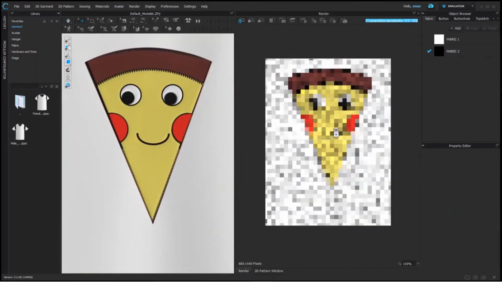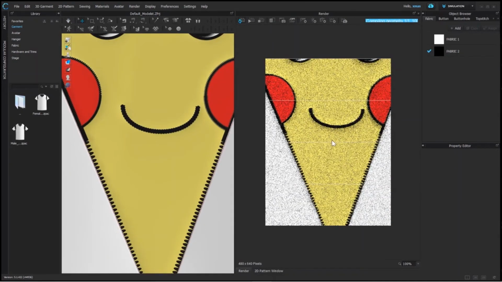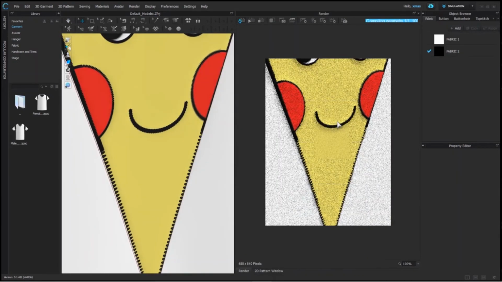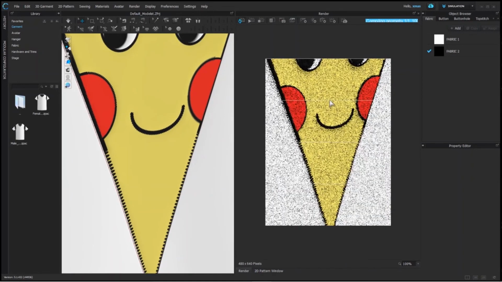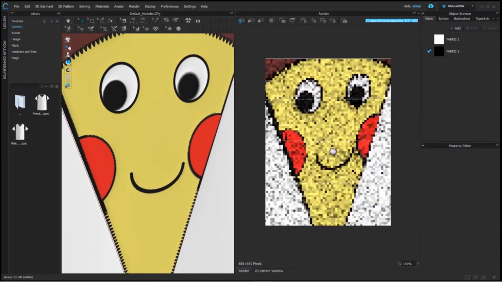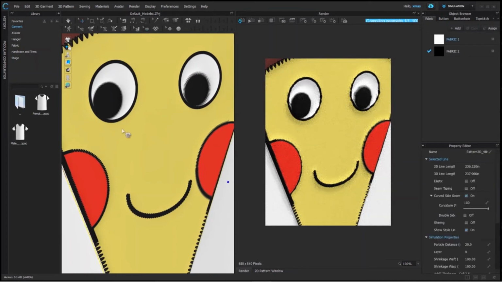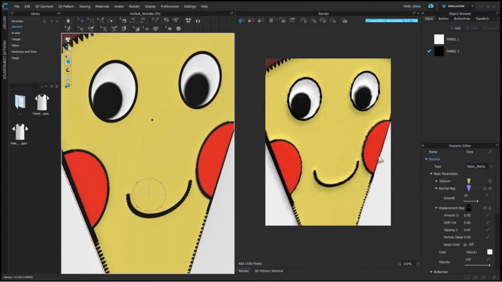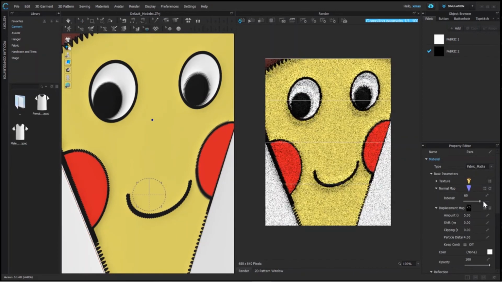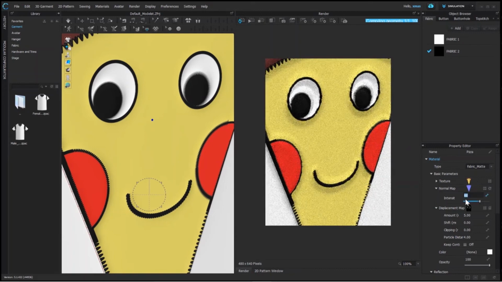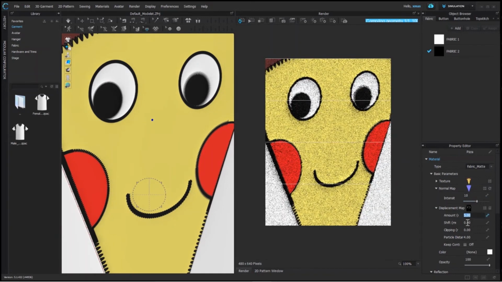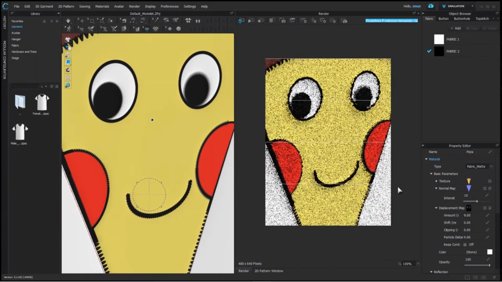After this, we are here in our render window where we can see the effect of normal and displacement map. All the 3D lifting we are seeing here is because of displacement map, and these rough edges are done by our normal map. You can see its smile, cheeks and eyes are little uplifted as we created in displacement map. You can even change the value of normal map from here to adjust the appearance of texture.